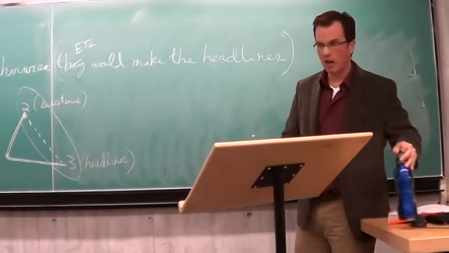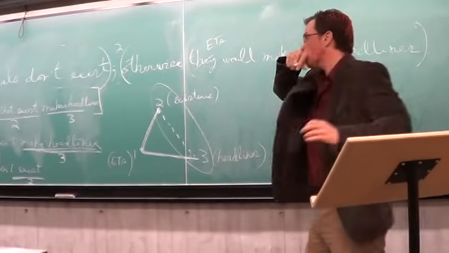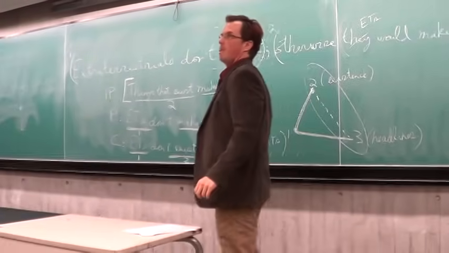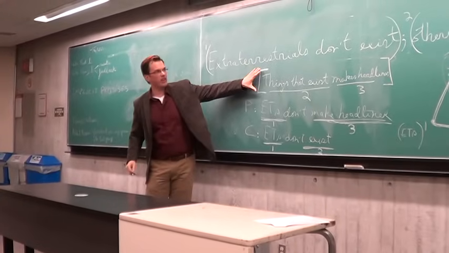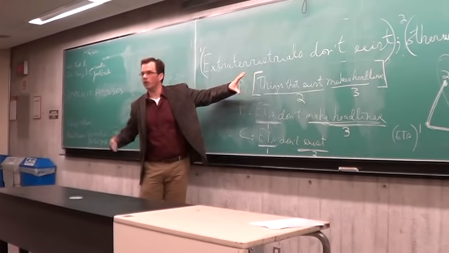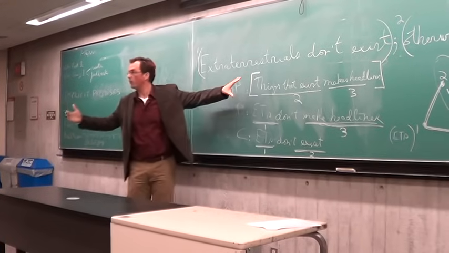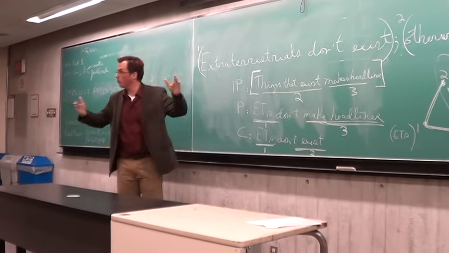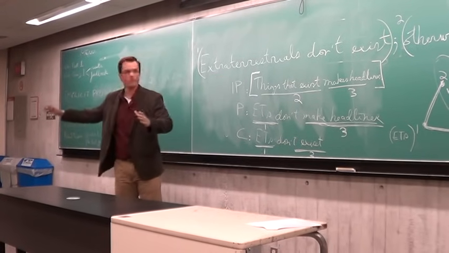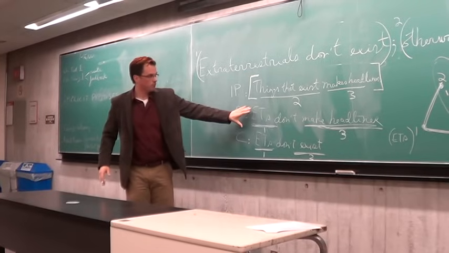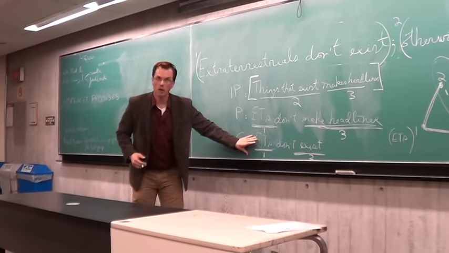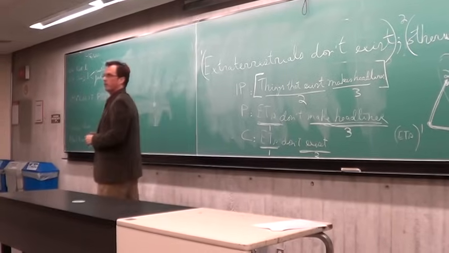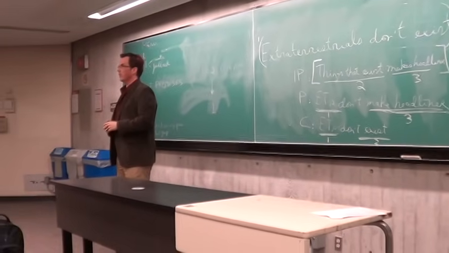Now the ultimate test, to make sure we teased out the correct implicit premise, is to run down this way and state it out loud. Things that exist always make the headlines, or things that exist make the headlines. Again, it's a paraphrase here, but we're on topic because we just got these 2 topics and nothing more. And you know what? Extraterrestrials don't make the headlines. Therefore, extraterrestrials don't exist. Now that makes perfect sense.